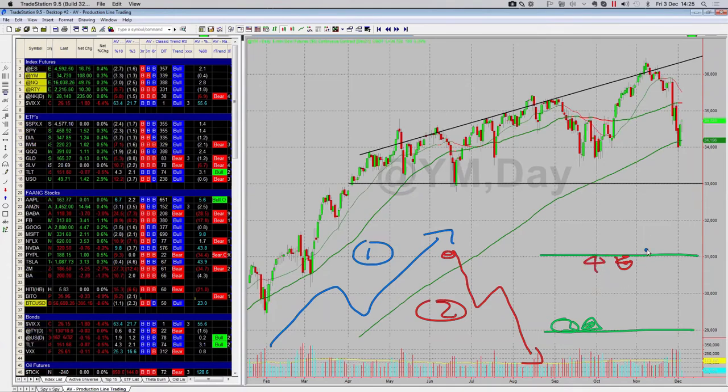Number five, buy the break of range highs. And number six is sell the break of range lows. There's six things. There's actually eight. We could trade counter trend. I just prefer not to do it. Nothing wrong with it, I just don't want to do it. You still need to know what the trend is to trade counter trend, whether it's up or down. Just keep that in mind.